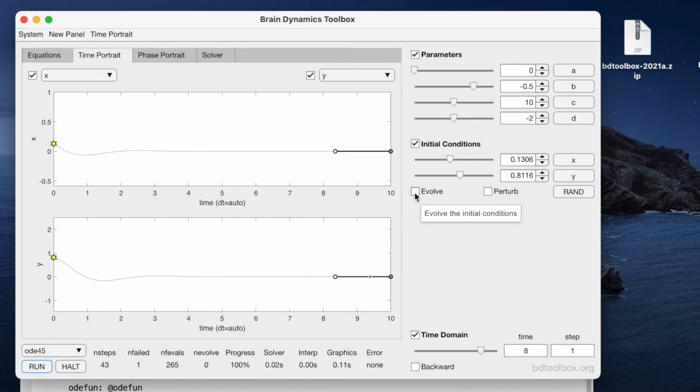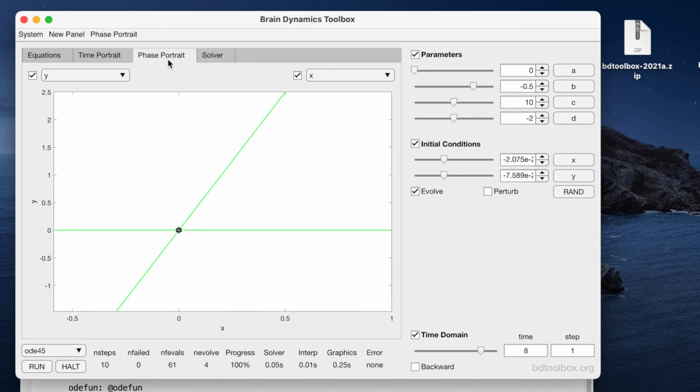So if I enable the evolve button, what happens is at the end of each simulation, the final state of the solution is reused as the initial conditions in the next run. So if I evolve this system and go run, run, run, you'll see that it's just evolving down to that fixed point right there. I can choose a random initial condition,